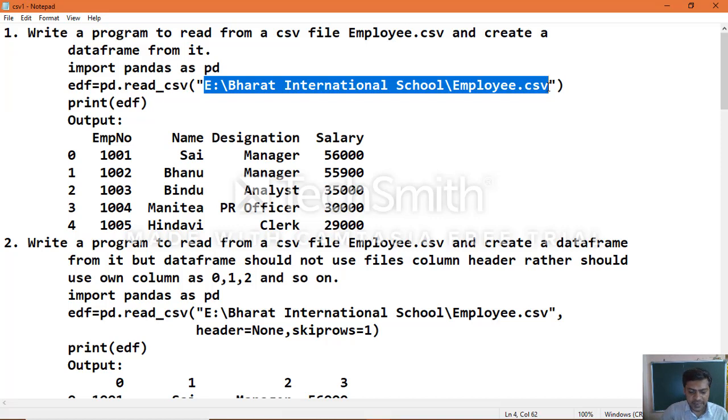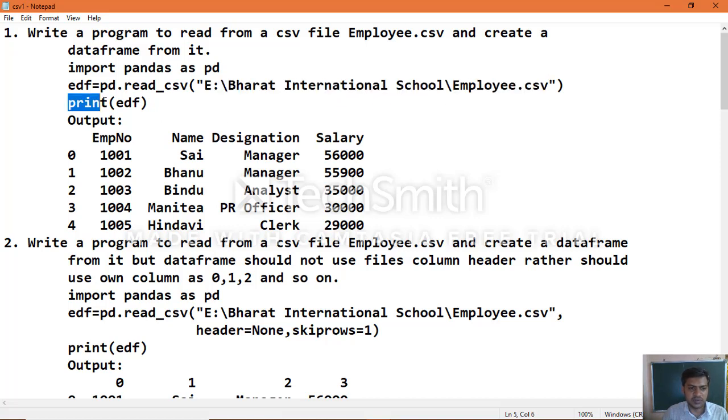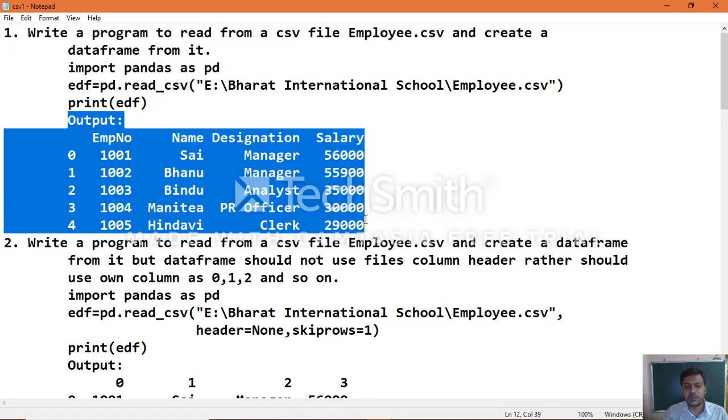So the E drive and a subdirectory within it, where I saved that file. Once you create the object, then print the object, and you will get the data frame object information which is imported from the CSV file.